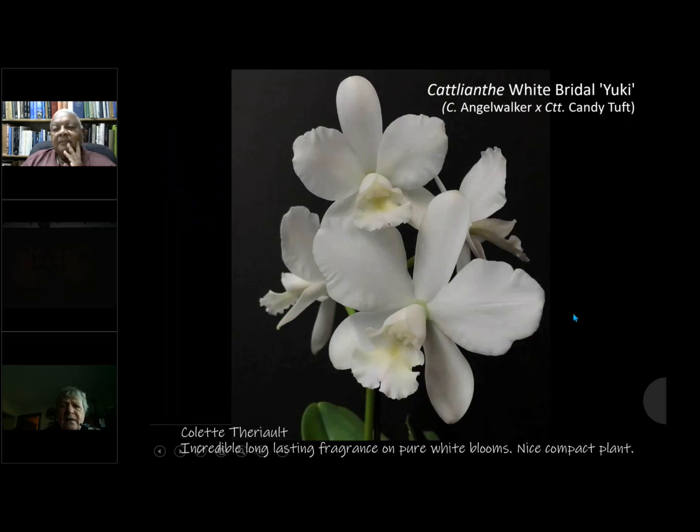Colette's Catleanthe White Bridal. Now, what makes this Catleanthe is that the Candy Tuft, I think, as a grandparent, has Cattleya or has Guarianthe aurantiaca in the background. So that's orange, and there's Lueddemanniana and things like that that are pink. But look how dominant that white